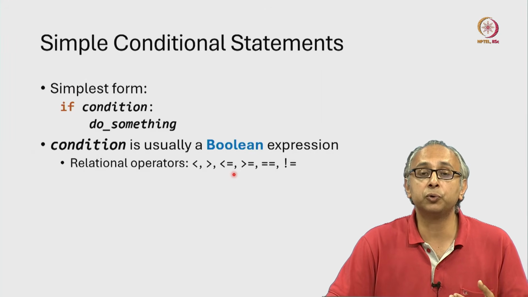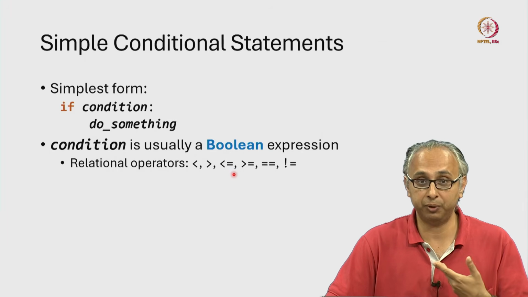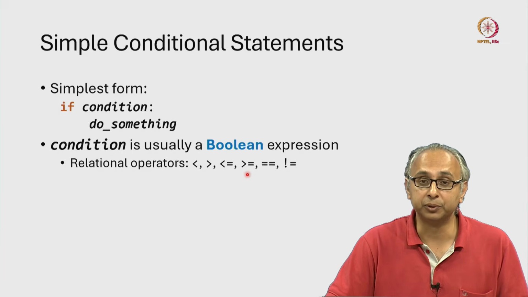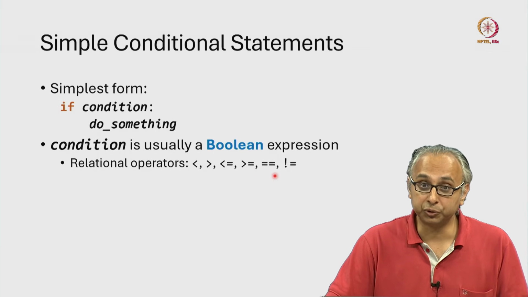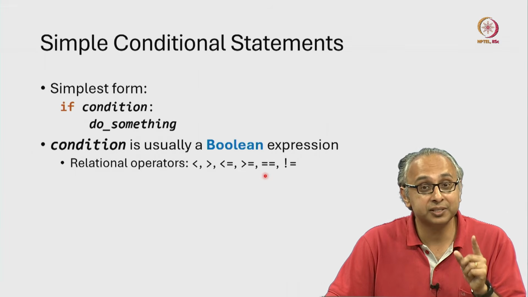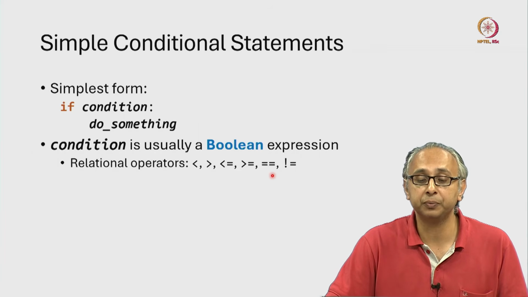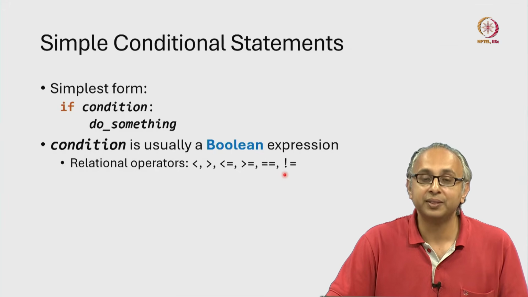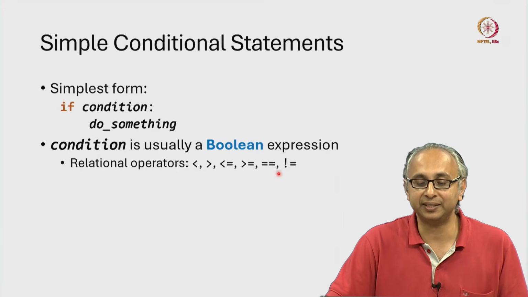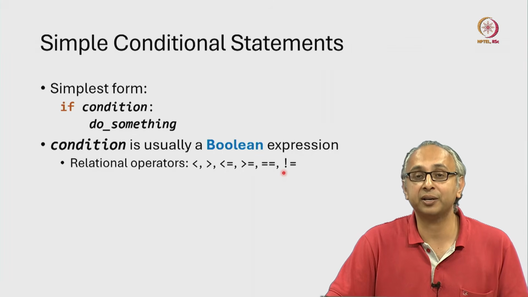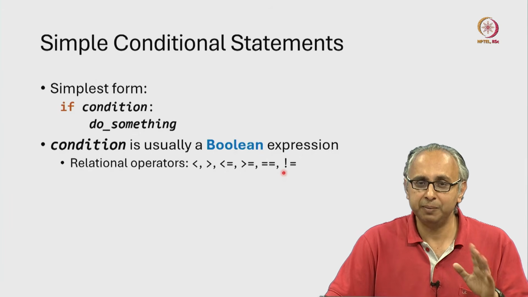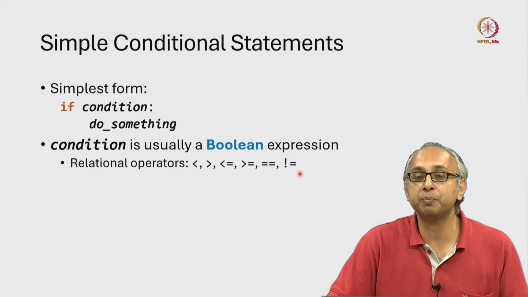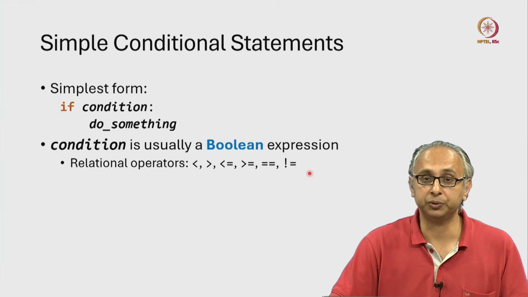This is often also read as at most when we write natural language. Similarly, at least, or greater than or equal to. And then equal to: this is comparison, not assignment, so we use double equal to. And this exclamation mark equal to is not equal to. This borrows from earlier programming languages like C, where the exclamation mark is often read as not. In Python, when we want to say not, we will just say the word not. But exclamation mark equal to is not equal to.